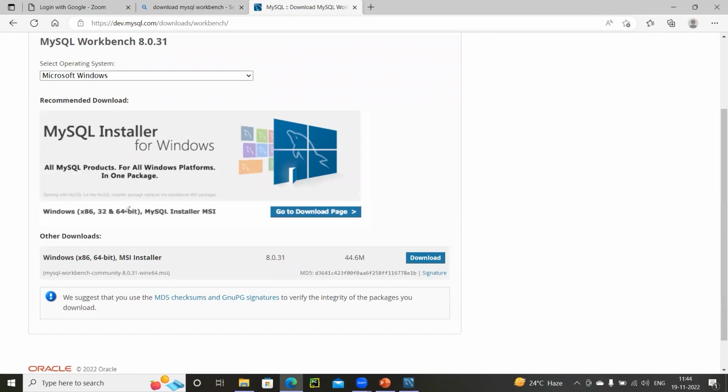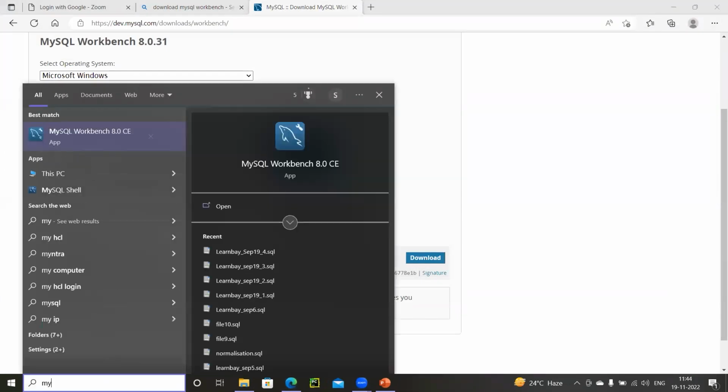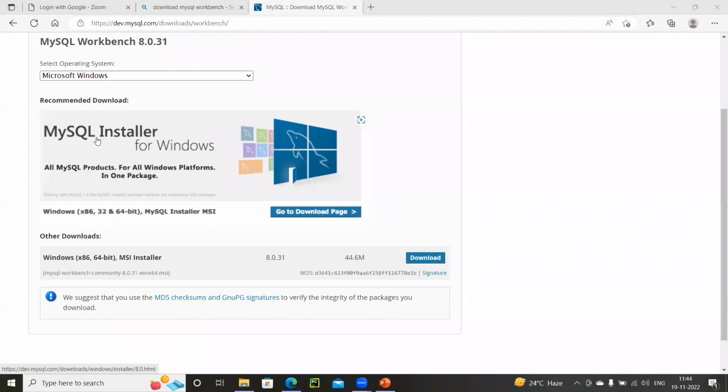Now you might find two installers here, 32 and 64-bit, and this is 64-bit. This is the Workbench Community Edition. Can you see? So please go ahead and click on this download. It will download a simple exe and open up a wizard for you. Once you run that wizard, just follow it. It is a very simple one, which will automatically download and install MySQL inside your machine.